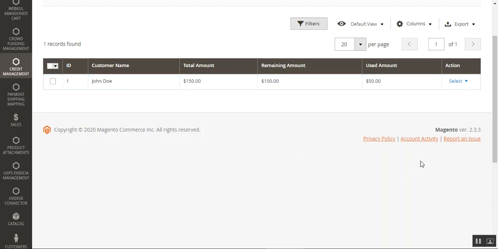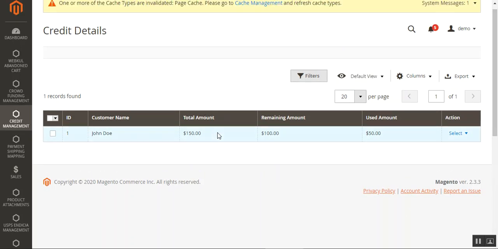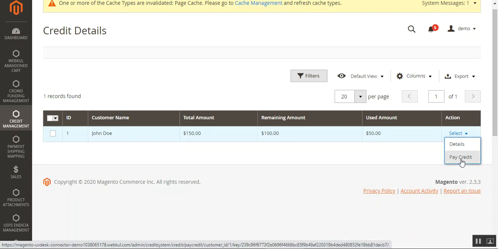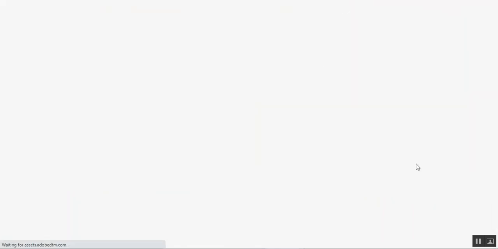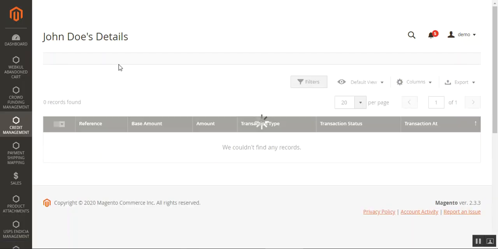So here the admin can check the details like the customer name, total amount that has been assigned, remaining amount, used amount, and under the actions column the admin can perform two different functionalities. One is to check the details and the other one is to pay the credit to the particular customer's account. So if I open the details and the pay credit, let's see what different options are there. So tapping the details one brings up the customer's details, as you can see here,